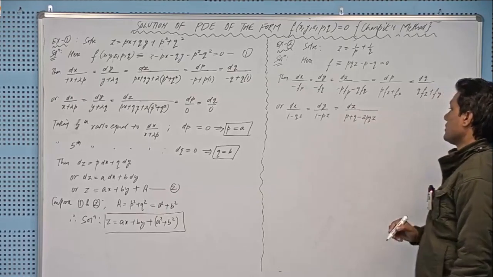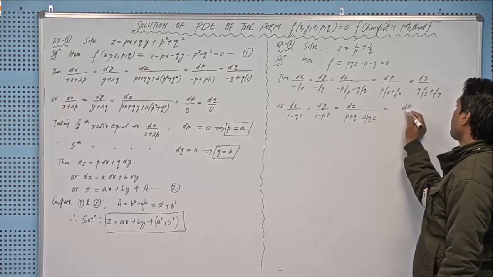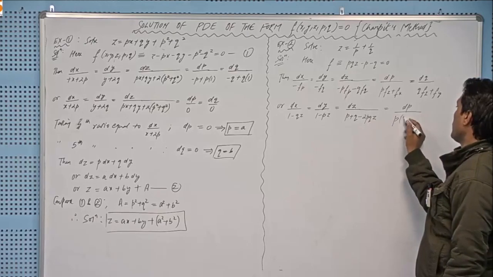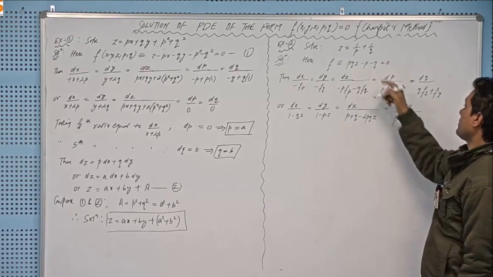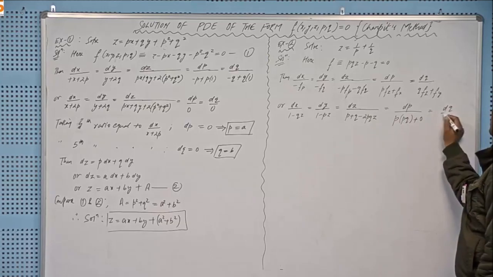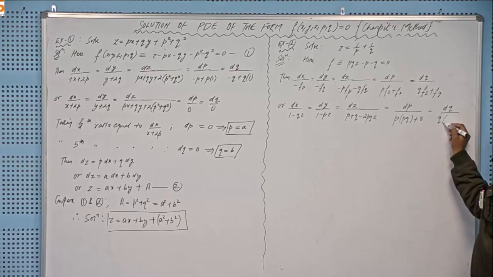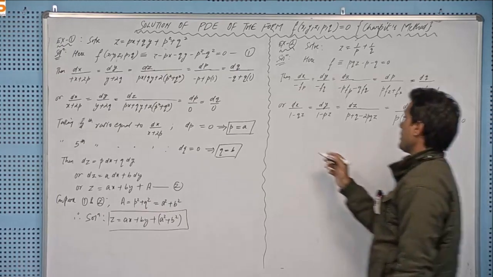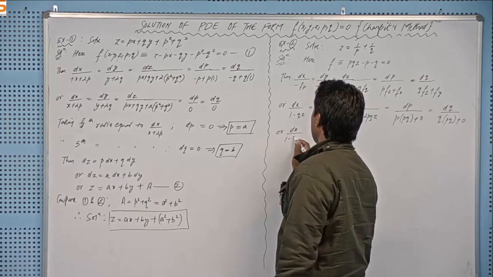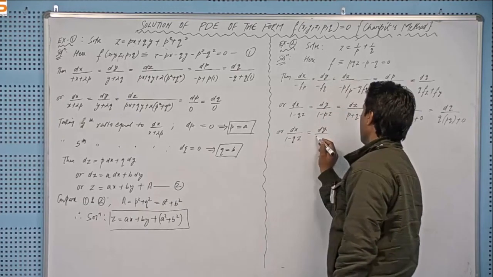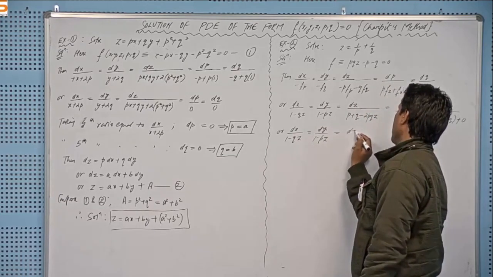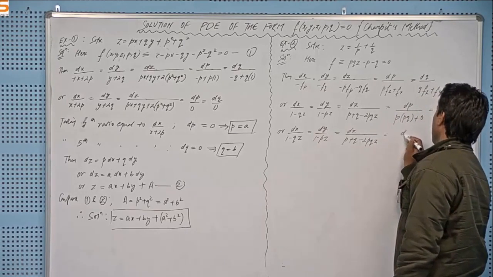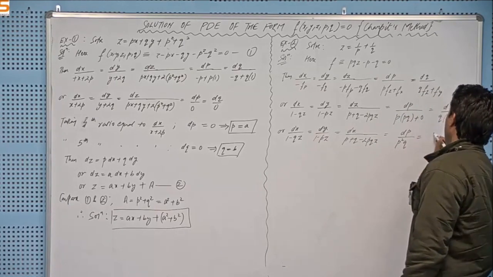Okay, this is the third term, right? Then dp over p times del f over del z, that will be pq; plus del f over del x, which is 0. dq over q times del f over del z, again the same thing, pq, and then del f over del y is 0. Or I can write it as dx upon 1 minus qz is equal to dy upon 1 minus pz is equal to dz upon p plus q minus 2pqz is equal to dp over p square q and dq